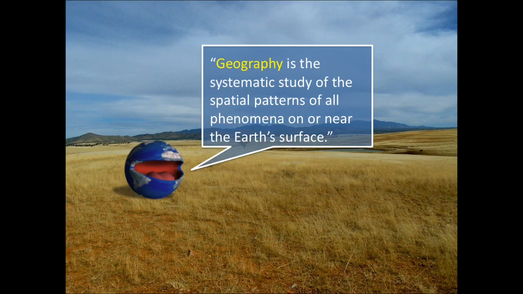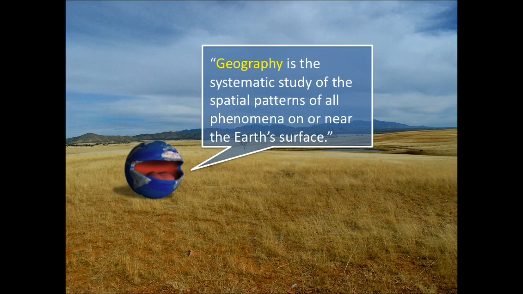We're going to go through some examples of those, but I'm going to give you a quick example today. If you think about where the schools are located that are on Scholar Way, they're really close together. What does that tell you? Well, probably if you have three schools that are really close together, that's telling you that there's a lot of students in the area. So that's just a really quick observation of something that is on or near the Earth's surface and how we can look at those spatial patterns. So spatial, something how it's spaced out, three schools close together, and then you would do a systematic study.